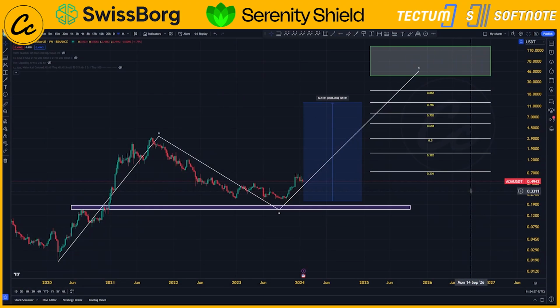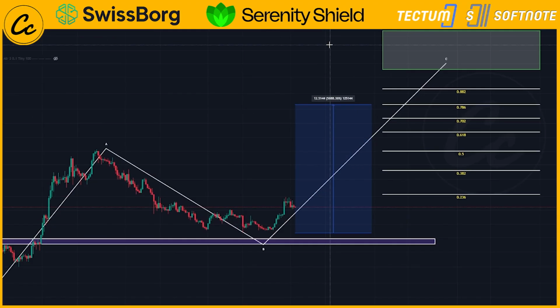But what does that tell us going forward? Are we bullish on Cardano's ADA? Can we realistically see $12? Well, let's look at the weekly chart and a really zoomed out look at where Cardano's ADA could possibly go. So yes, it is still the Binance weekly chart. And in the intro, I obviously spoke about this potential